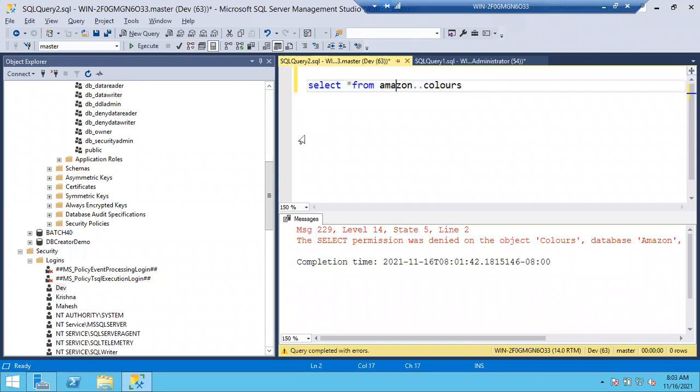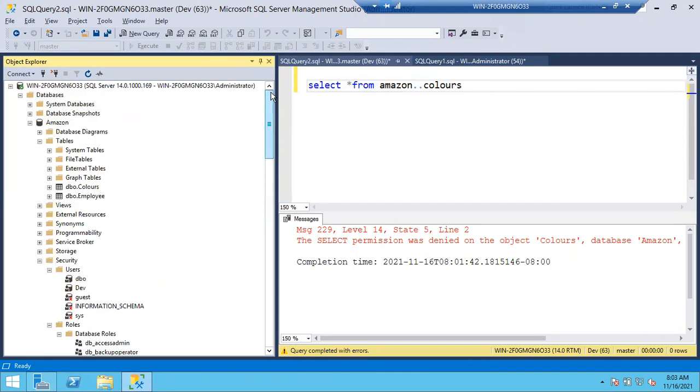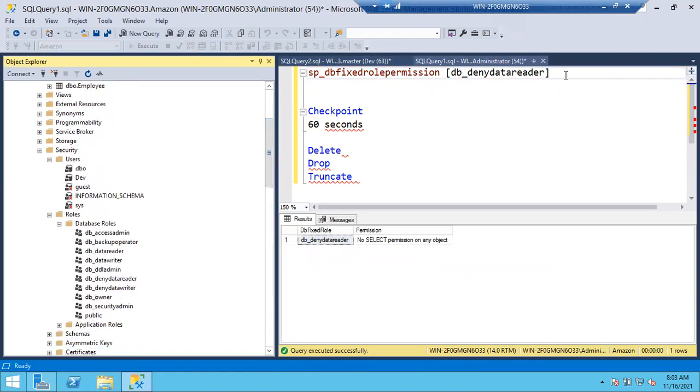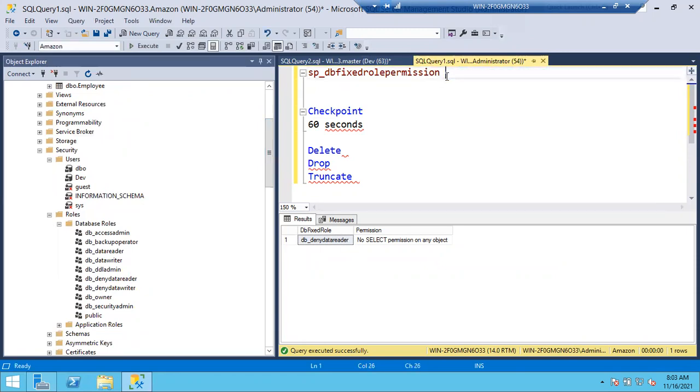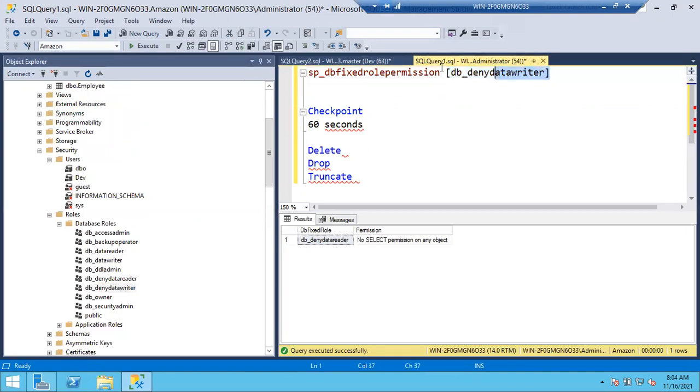Okay, fine. So let's jump into the data writer. Data writer and deny data writer are opposites. What kind of permissions will deny data writer have, guys? Data writer means insert, update, delete, right?